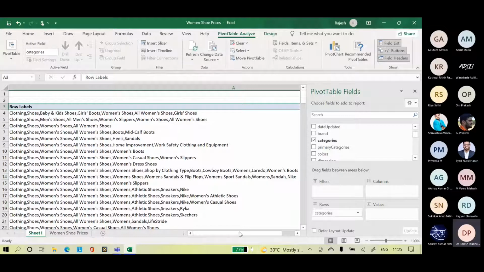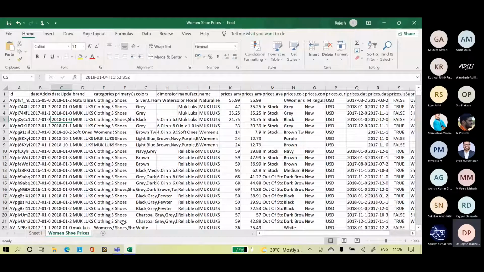So we have to separate this data, and then we need to do a lot of corrections in this data. I'll show you the cleanup process, because in real-time analytics, you have to do a lot of cleaning.